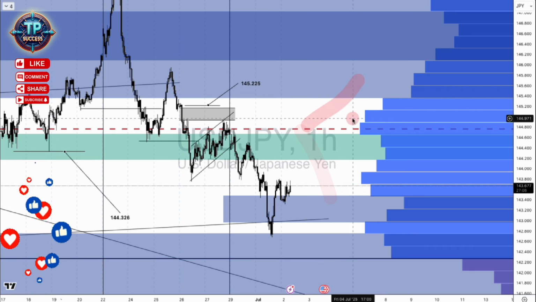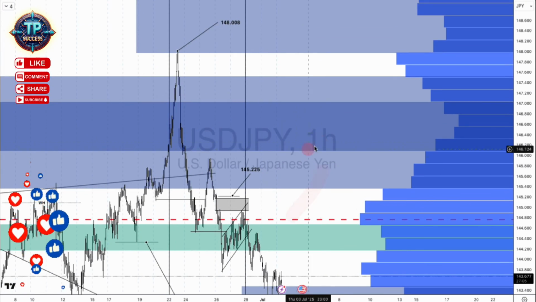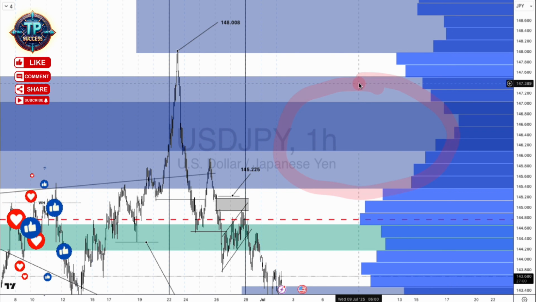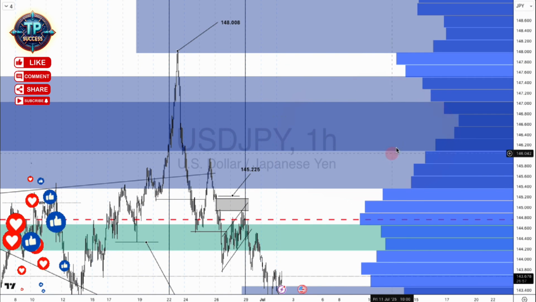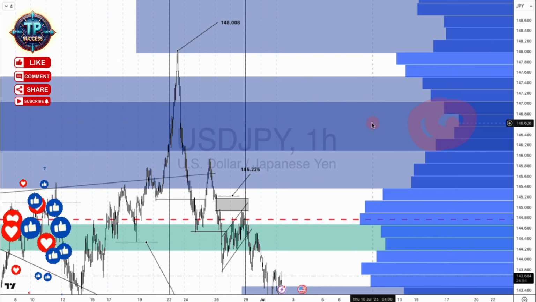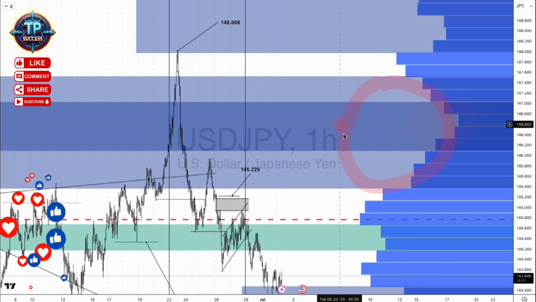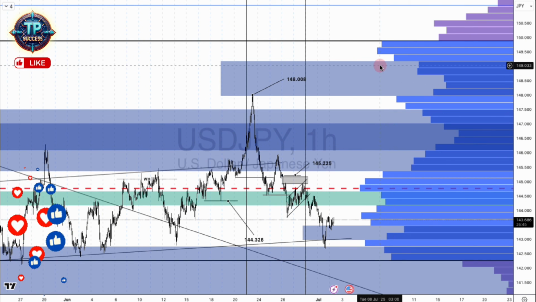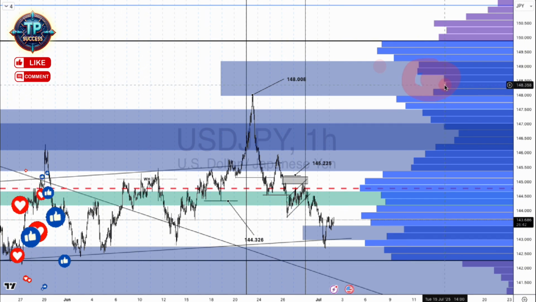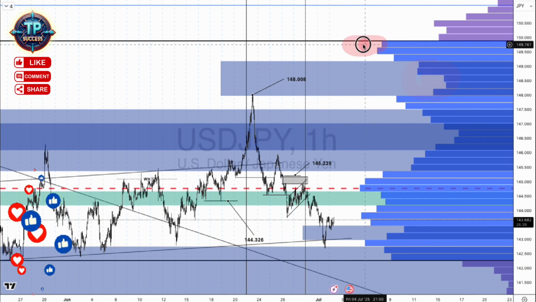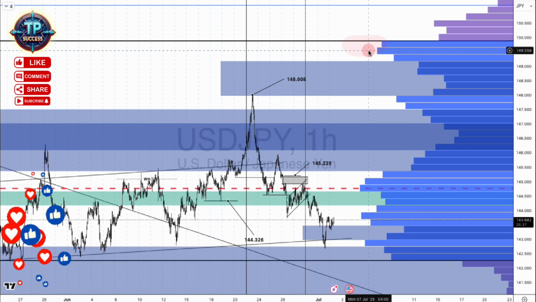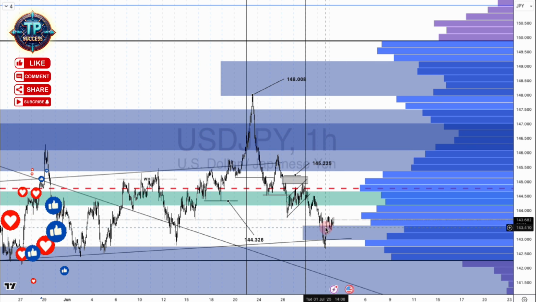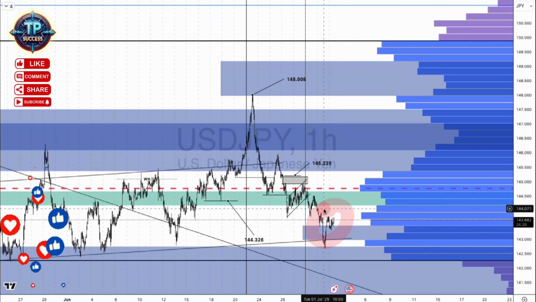Now, once it gets to that level, it can decide to come back down again, or we can continue on this journey to the upside, at which point, if it blasts through this strong low value node area, because technically we have two in one. We have a deeper one, and then we have a larger one. But this area is quite strong, okay? So if it blasts through this area, and it makes it through this low value node, and it finds itself up here, from this location, you start thinking about sales. And as soon as it gives you the signal, like it's done so down here, that is turning around,